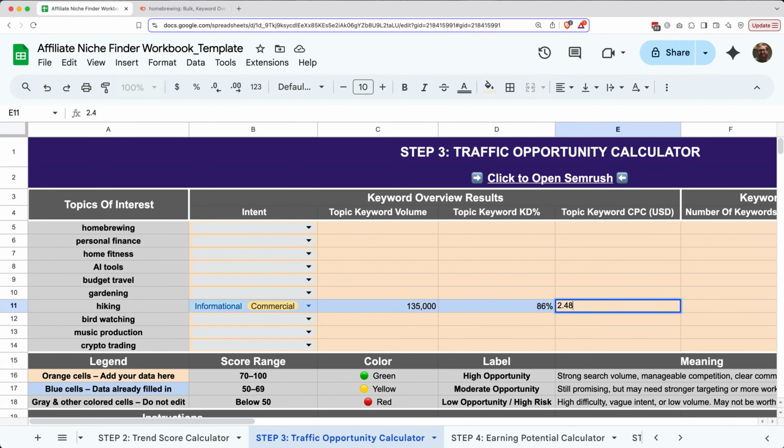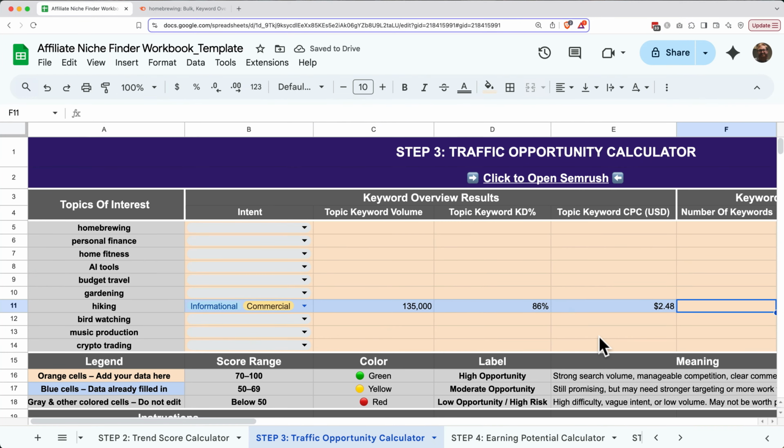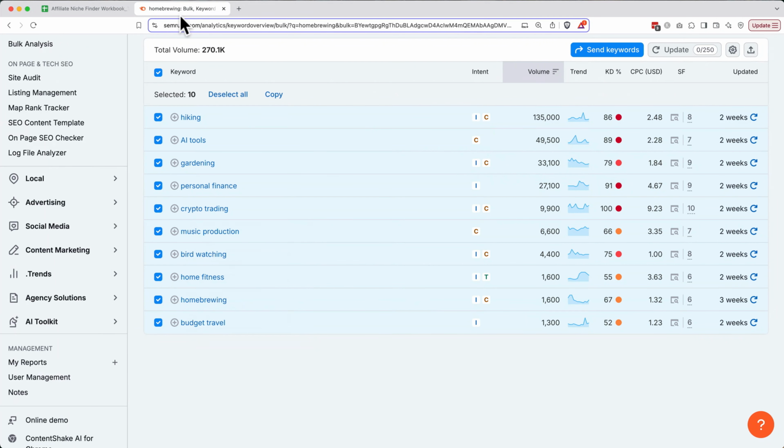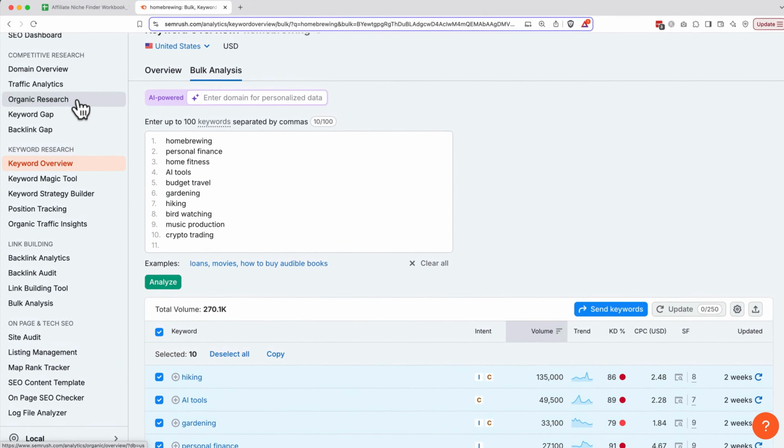Take some time and do this for each topic on your list. It'll take a little while, but once you're done, then we'll move on to the next step. Here's what it looks like once you've gathered all of the keyword overview results. Once you've finished gathering stats from the keyword overview results page, let's head to the keyword magic tool in Semrush